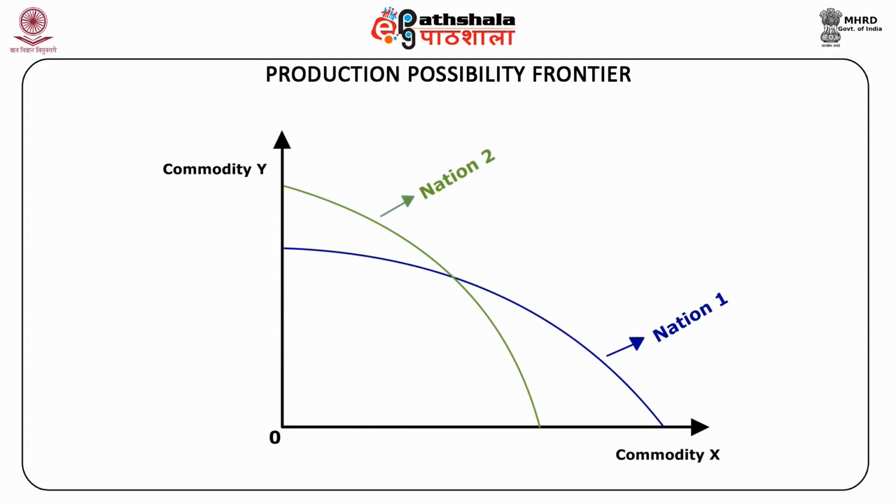In the diagram, we have the production possibility frontier of two nations. The commodity X is shown on the X-axis and commodity Y is shown on the Y-axis. Nation 2's PPF is skewed towards output of commodity Y and Nation 1's PPF is skewed towards commodity X. It can be seen from the diagram that the PPF of nation 2 is relatively flatter and wider than in nation